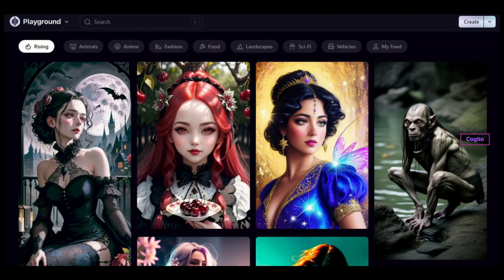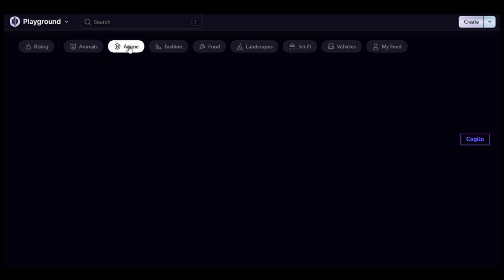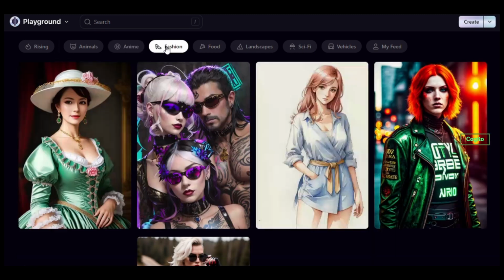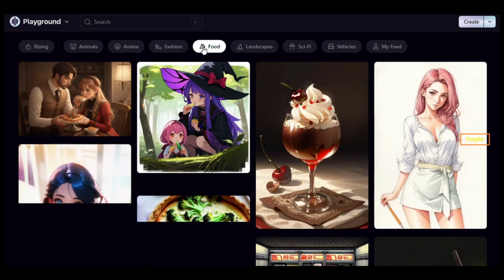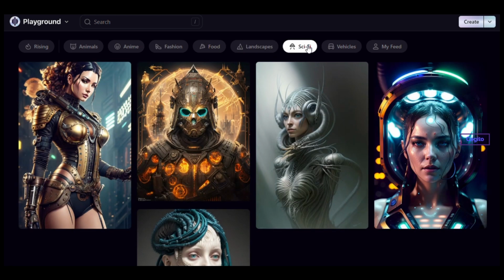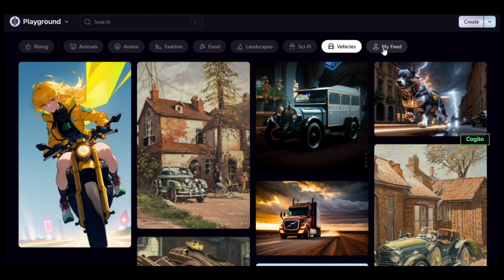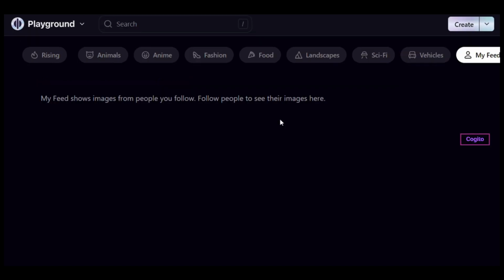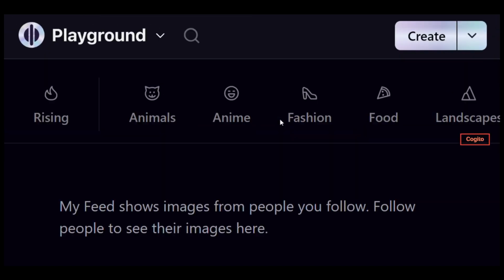Upon reaching this page, we will have the opportunity to explore diverse example categories, including animals, anime, fashion, food, landscapes, sci-fi, vehicles, and my feed. These categories serve as a valuable resource to inspire the creation of captivating and visually striking images. Once you have taken a quick look at these examples, simply click on the Create button located at the top